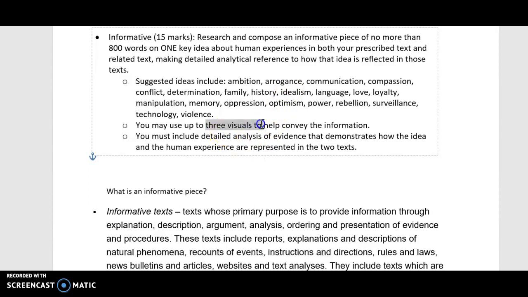You need 3 visuals that help convey the information. Don't just slap some pictures in there. They've actually got to be born out of what you are doing. You must include detailed analysis of evidence that demonstrates how the idea and the human experience are represented in the